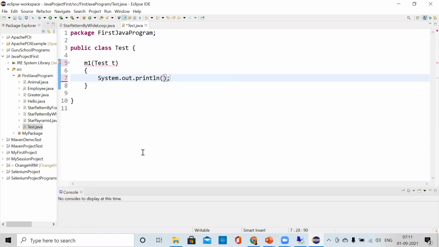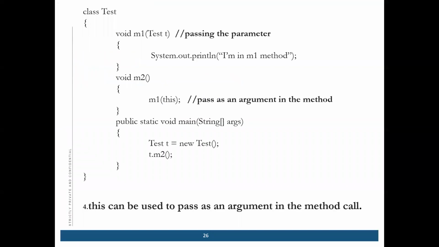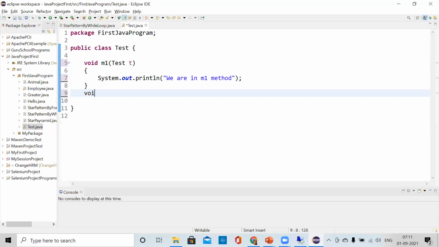Anybody understood what we are trying to do? Yes, you are calling the method with the help of this. But the object which we created in the program is t, and you are calling test t in the method M1. So we can take this as the class. Yes, this is a class name. That is what I'm telling you, how we'll do it. Go ahead, M2. This is the M2 method.